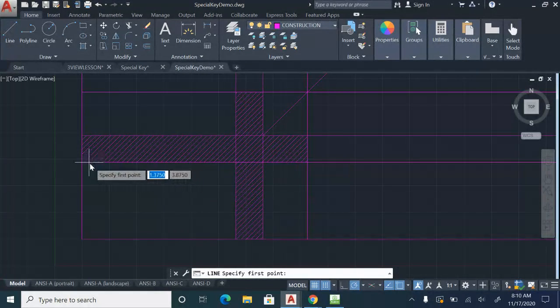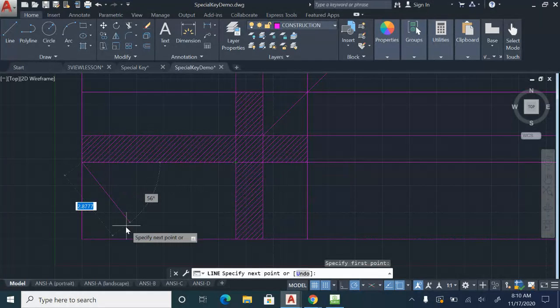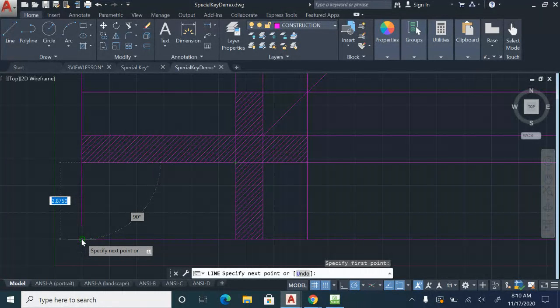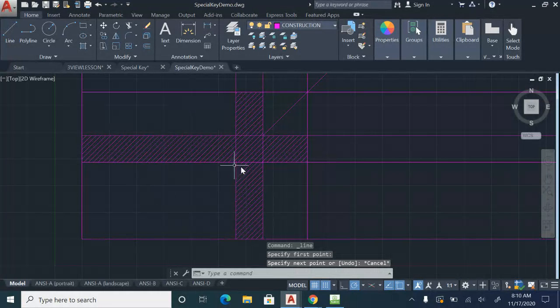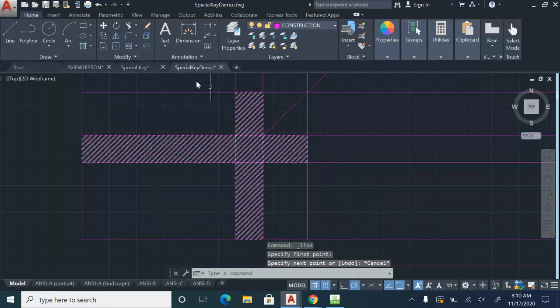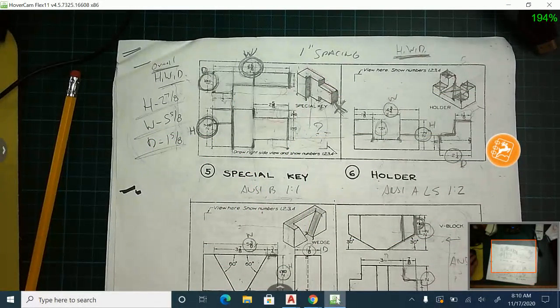Always good habit to check your work. So like I'm going to grab a line and just kind of double check. Okay, good. That's 5 5/8. This is 2 7/8. I have my 1 inch space. If I go up here, that would be 2.625 because I'm adding 1 plus 1.625. So everything's looking pretty good. And once you have it set up here, you're ready to